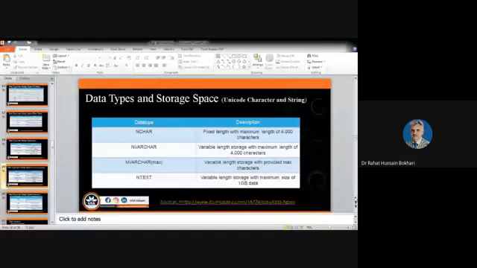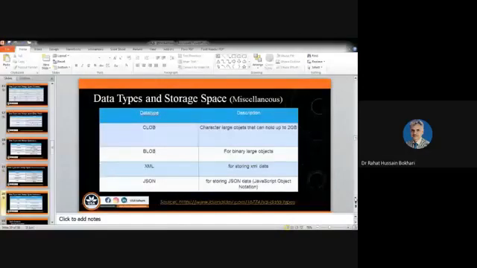So these are miscellaneous data types, that is character large object, CLOB it is called. It can hold 2 GB of data. Similarly, binary large object, it is called BLOB. Then XML. Then you have JavaScript Object Notation, JSON. So these are also data types that you may use, depending upon your own need, which data type is needed for that attribute. Although these are available within database management systems.